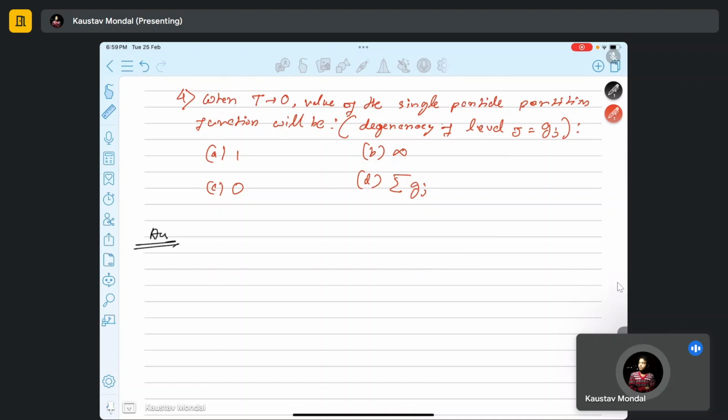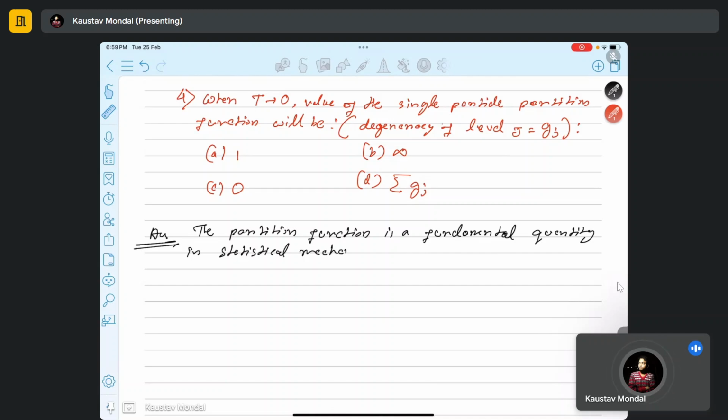So let me try to write it. The partition function is a fundamental quantity in statistical mechanics